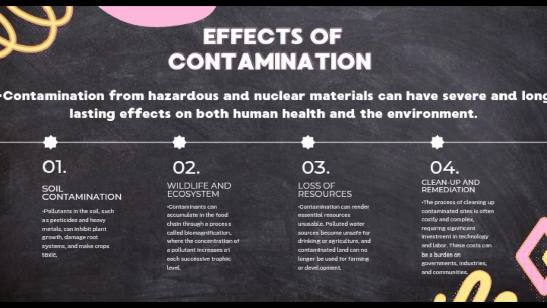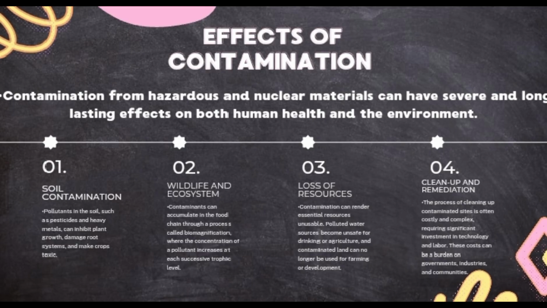So, number 1, circulatory issue. Air pollution, often caused by fine particulate matter and gases, can have severe and long-lasting effects on both human health and the environment. We all know that air pollution is not good. So, what is an example of a circulatory issue? The example is air pollution from cars and factories causing asthma or bronchitis. And number 2, systemic disease.